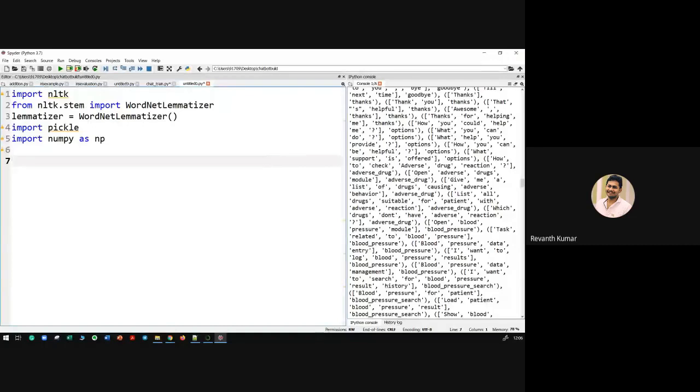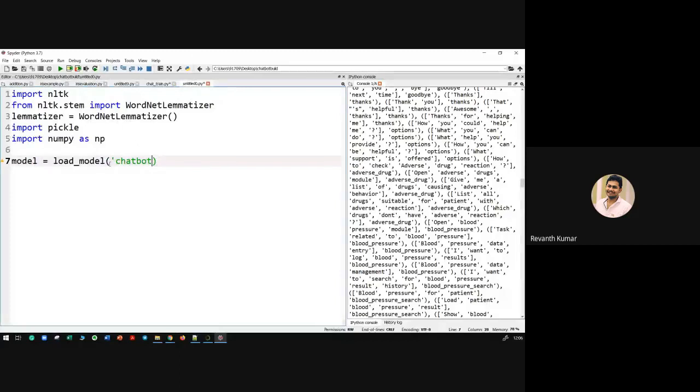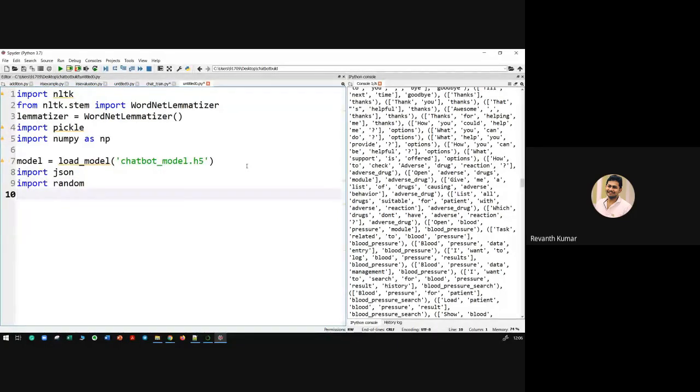The function I'm going to use is load_model, and the name of the model should match this name. I'm using the same name here because that is the model that I generated. And import json, import random, and then you also need to load your